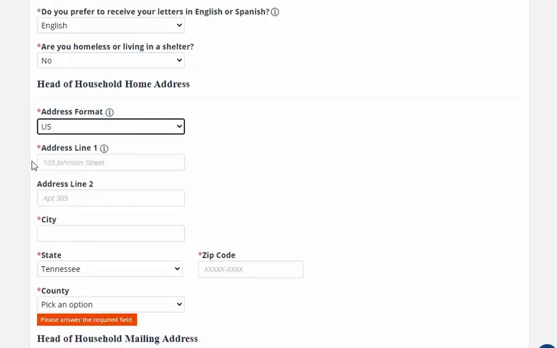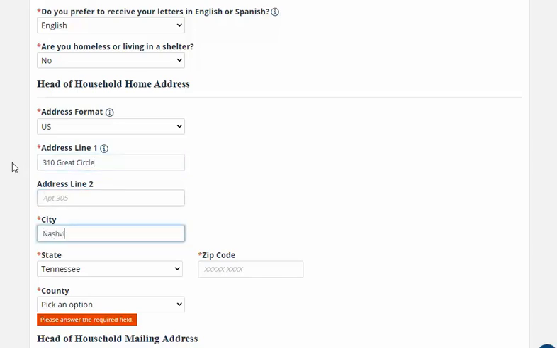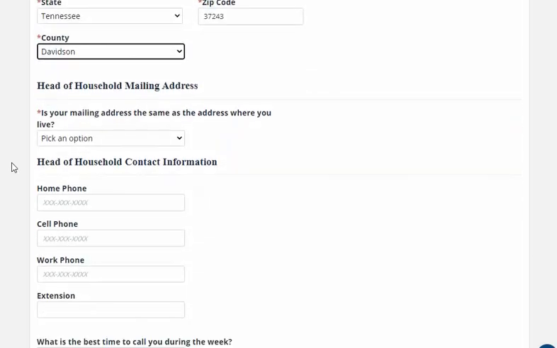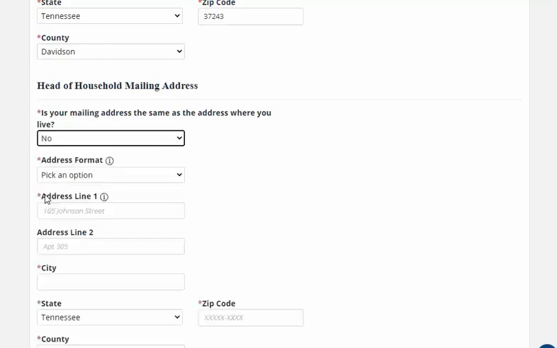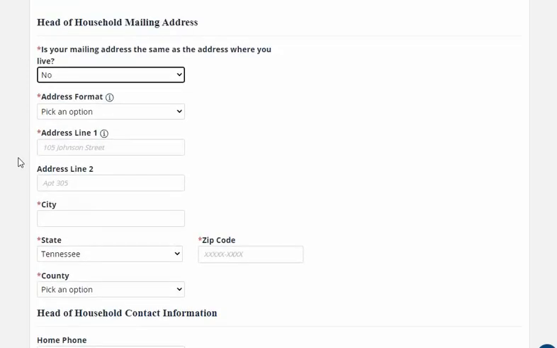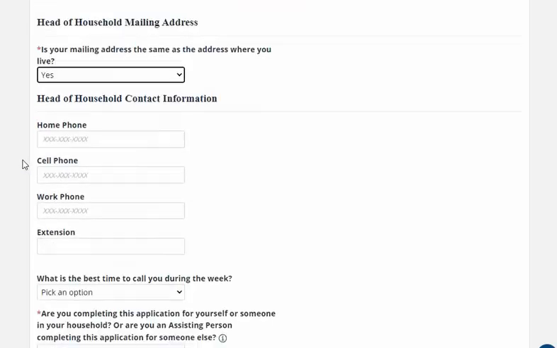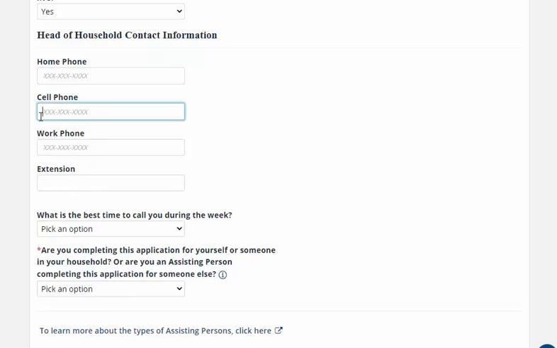Next, select your address format and enter your address, city, state, zip code, and county. If your mailing address is different than where you live, select No and enter your mailing address. For our example, we'll select Yes. Provide contact information and the best time of day to receive a phone call. Providing a phone number is not required, but it is highly recommended to help us get in contact with you